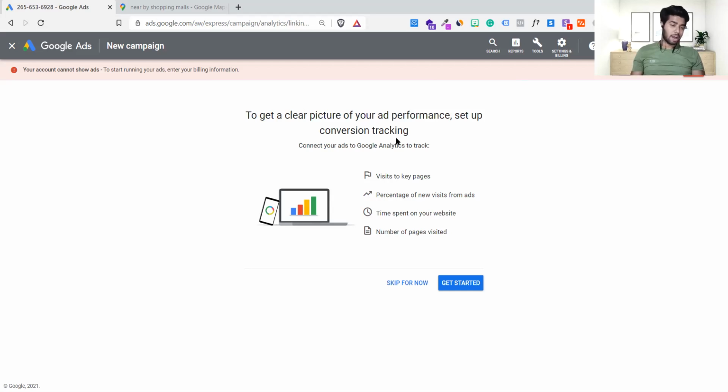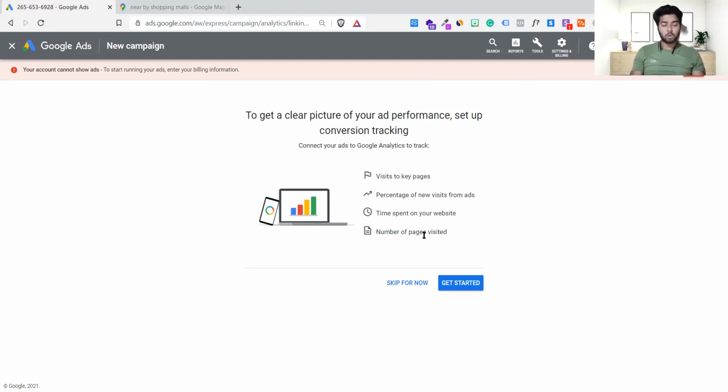Get a clear picture of ad performance, set up conversion tracking. You must have seen that we have run a search campaign and a display campaign, and for that we have set a conversion tag in Google Tag Manager. I hope you remember, correct? Yes, so it is asking for the same as well. Because it's not relevant to that, it's saying that you have to create conversion tracking again. So it will count those who are clicking, those who are making calls, those who are visiting a page and signing up to something, and will get the data.